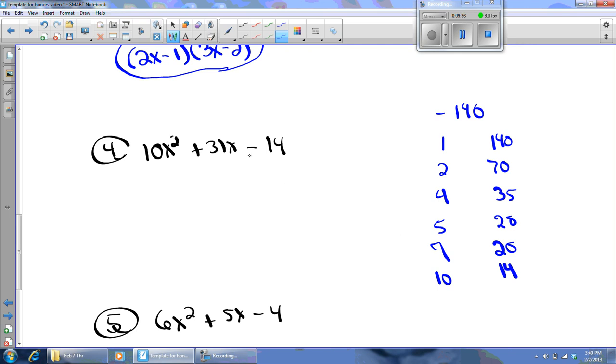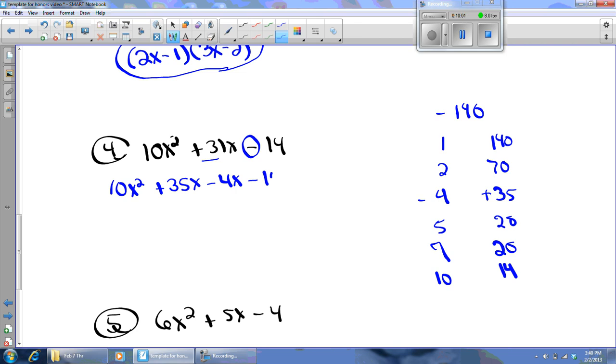All right, now we've got a minus back here. We need a subtraction problem that gets me positive 31. Looks like a positive 35 and a negative 4. So I'm going to rewrite this as 10x squared plus 35x minus 4x